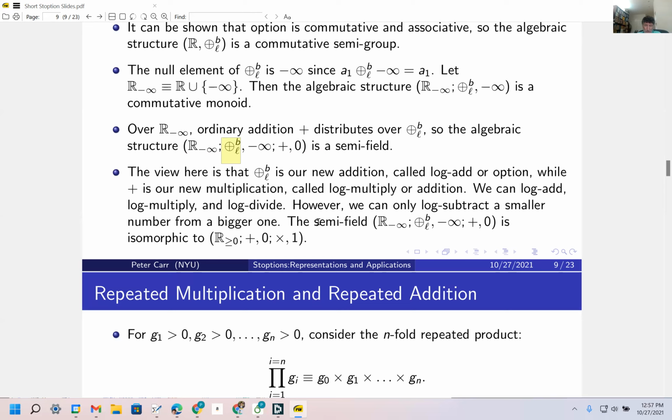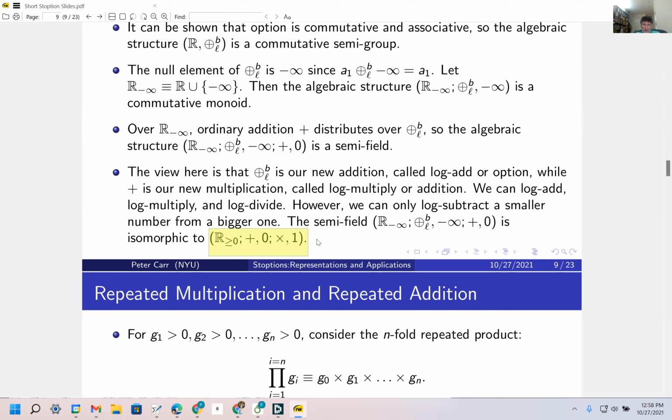So anyways, that's why we call this a semifield and not a field, because of the restriction on the inverse of this: this inverse operation is not necessarily there. And so this algebraic structure we find ourselves working in when thinking about valuing married puts is actually isomorphic to an algebraic structure that people in finance use a lot. If all you do is say, I just want to be able to ordinarily add and ordinarily multiply,